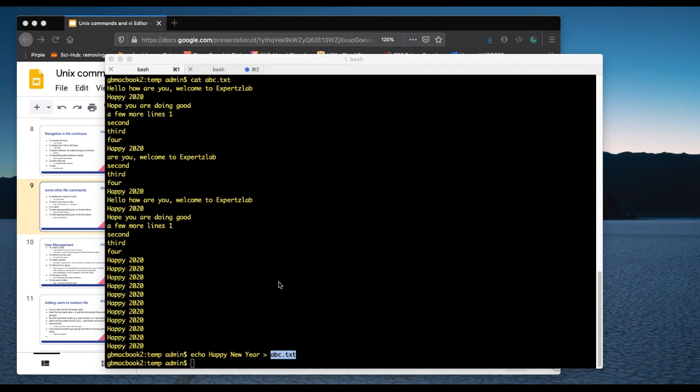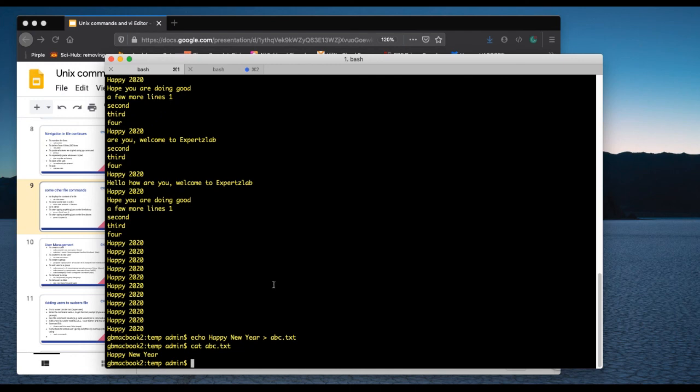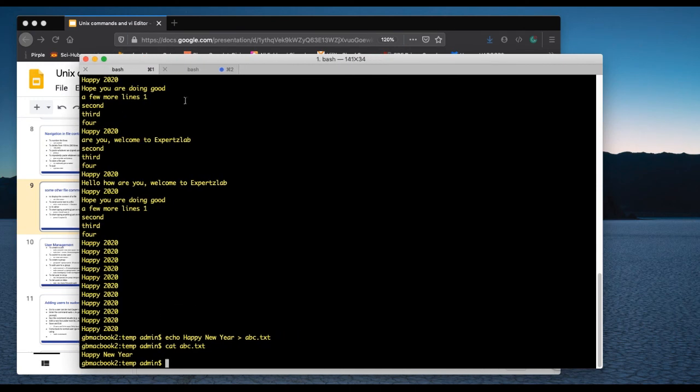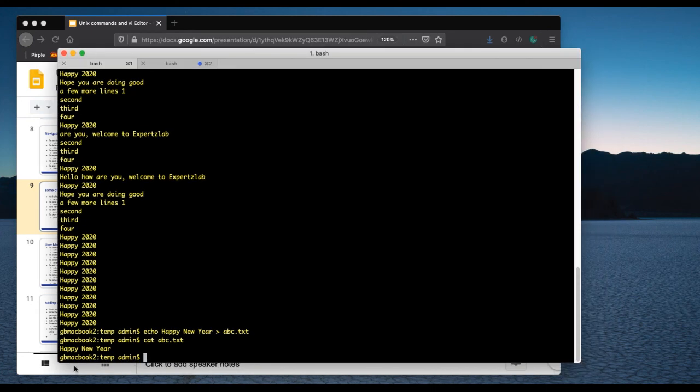So let's cat the file, cat abc.txt. You can see only this one line. The entire rest of the file content has been deleted, because we have used only one greater than symbol here. If we want to append to the existing file content, then we are supposed to use two greater than symbols here. So for example, once again echo